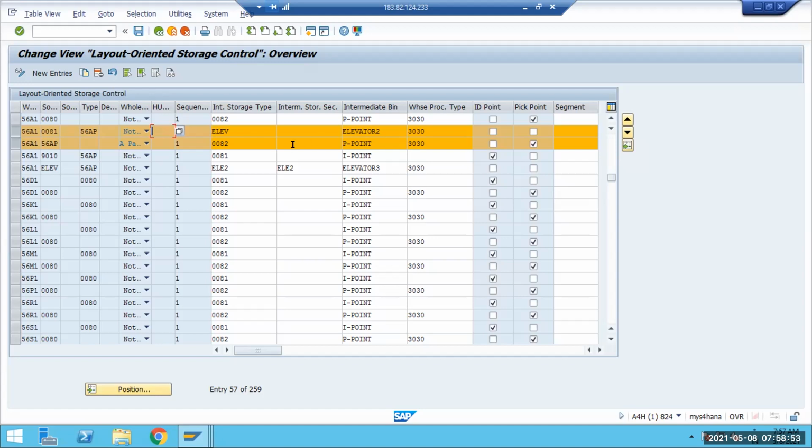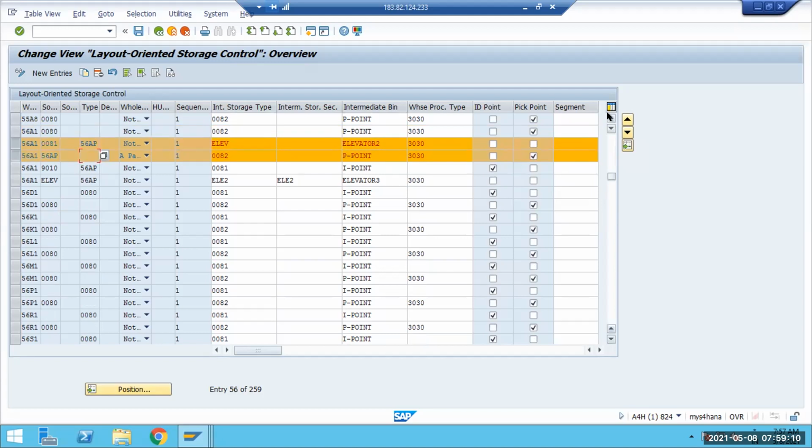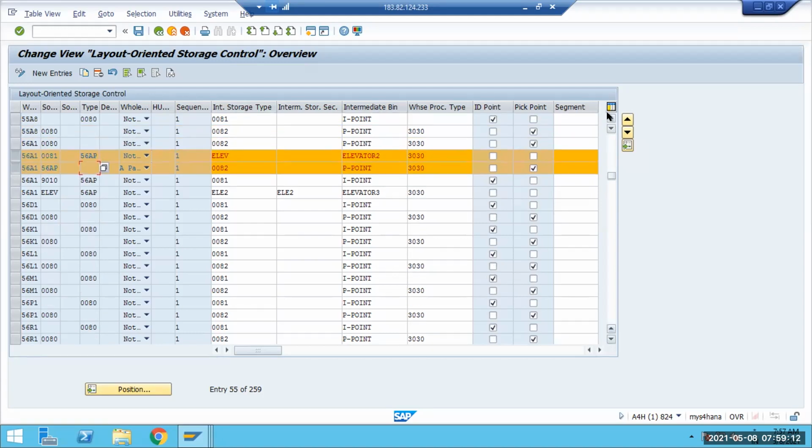Then how will it work for the partial quantity? Again it has to be put away, right? So for that, this is the second entry. This second entry is for the put away back again. Now I'll tell you, for example, one second. It is 82, it should be there. Wait, not 81. Kamal, can you please explain the scenario? I didn't get the scenario exactly. Okay, this entry we'll talk about later.